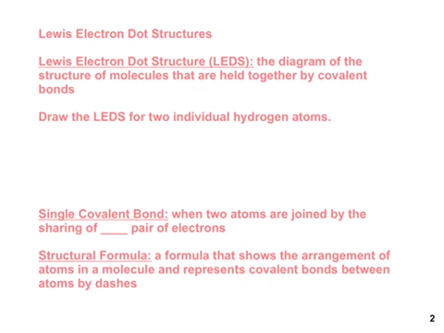If we were to draw the Lewis structure for two individual hydrogen atoms, we draw the hydrogen atom with one valence electron, and then a second hydrogen atom with its valence electron. When they bond together, they form a single covalent bond, and this is when you share one pair of